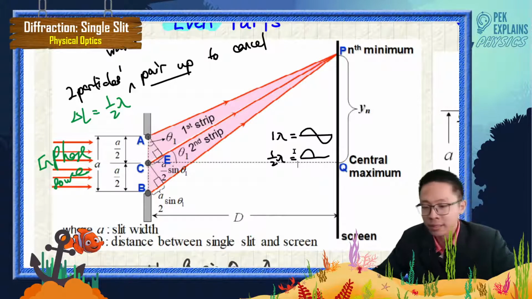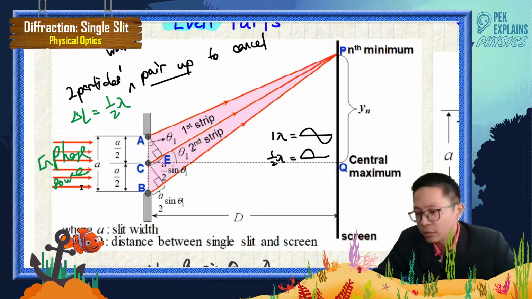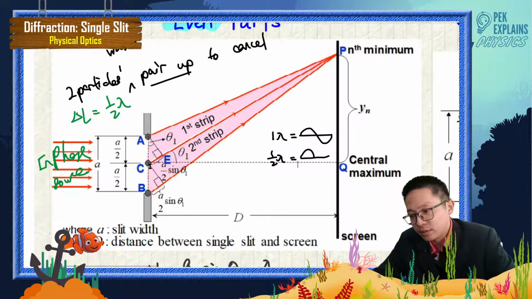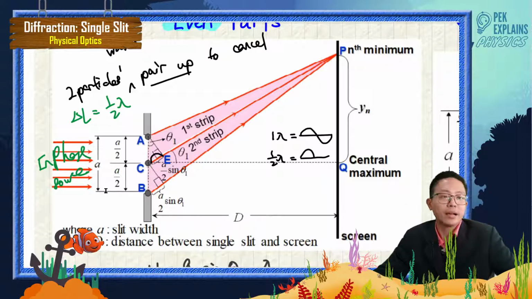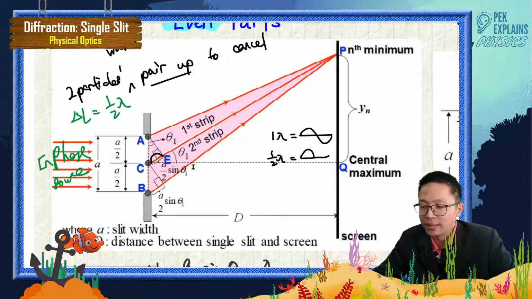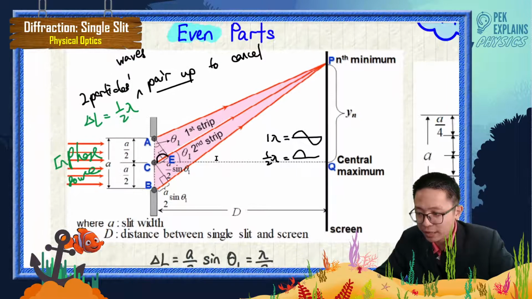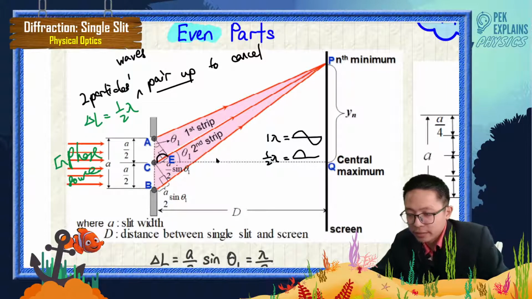Okay, 1 lambda is like that. So from A to C, the difference is half lambda, isn't it? So I can draw like that. This is half lambda. So the delta L,